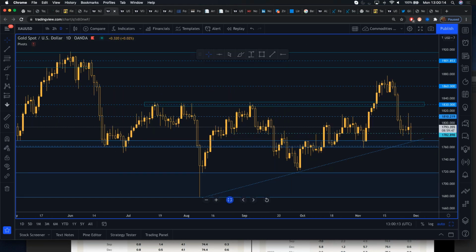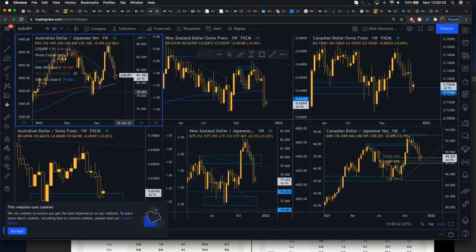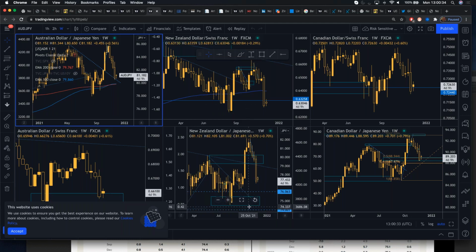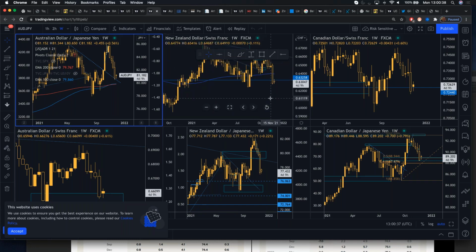If we get a very weak non-farm payroll, but the Omicron variant fears have faded, we could see a decent upside in gold. Look out for the risk-sensitive pairs like the New Zealand dollar, Japanese yen, New Zealand dollar, Swiss franc. If we see a risk rally return, these offer good value with stops that can be placed just below 74 or even just below 6,200 or 6,100 here in the New Zealand dollar, Swiss franc.